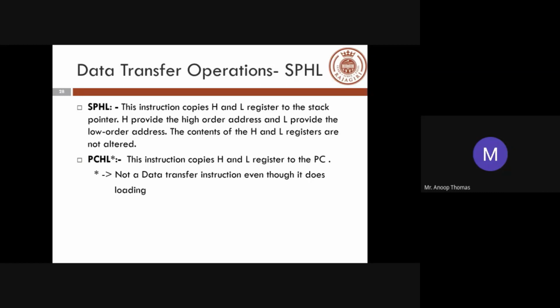Many of you had written 16 when you were asked the addressing capability of your 8085. It's not 16. It is 2 raised to 16, that means 64K. Since it was asked in bytes, it has to be 64 kilobytes. That's the number of memory address locations that your 8085 is capable of addressing. Okay. So that is with respect to your data transfer.